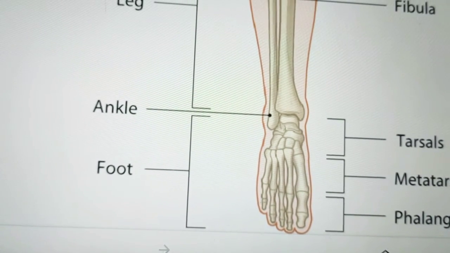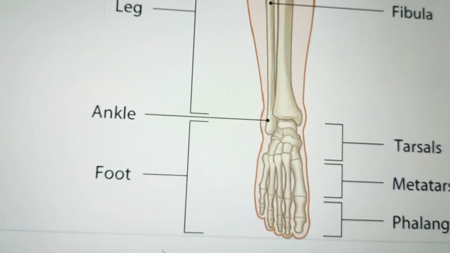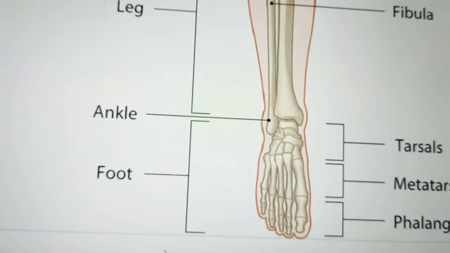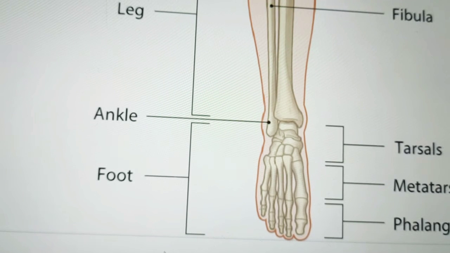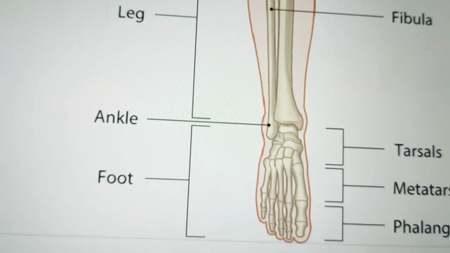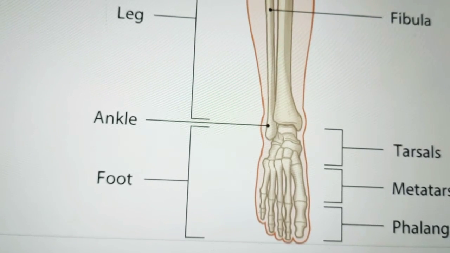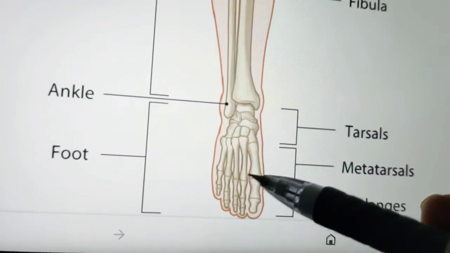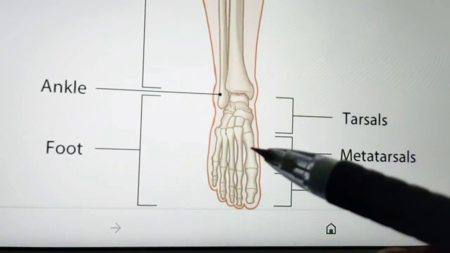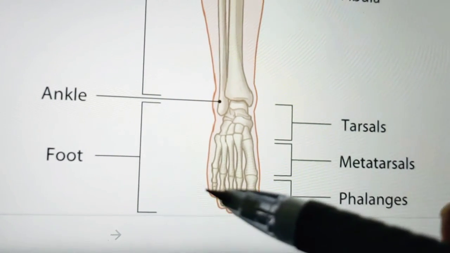Sesamoid bones may also be present in the tendons of tibialis anterior, tibialis posterior, adductor, and also psoas major and gluteus maximus. So always remember, a sesamoid bone will be present wherever there are tendons of muscles. And there are two small sesamoids in the tendon of flexor hallucis brevis. They articulate with the head of the first metatarsal bone, and other tendons crossing the metatarsophalangeal and interphalangeal joints may also have sesamoids.